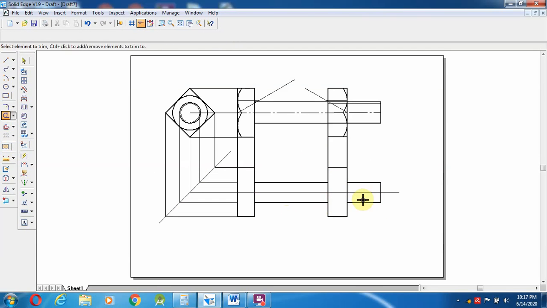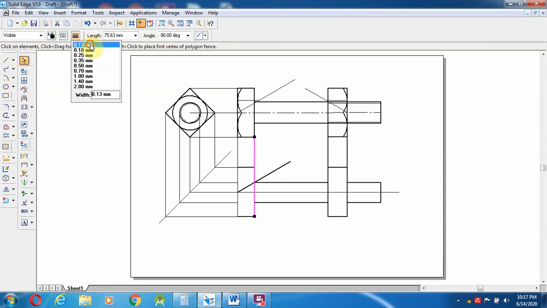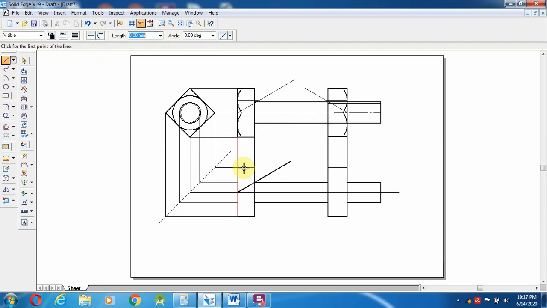Okay. So after that, I'm going to draw a same arc over here. So select a line from here to the 30-degree line, tap 30, enter. Okay, then from the line, I'm going to make it as a 0.13 mm line, even this also 0.13 mm line. Now I'm going to join a line from here to here as well as one more line